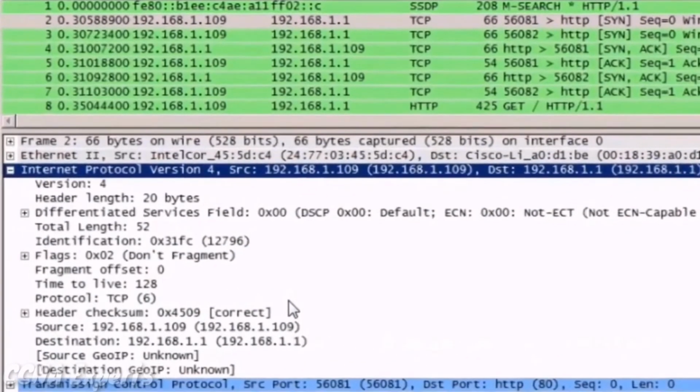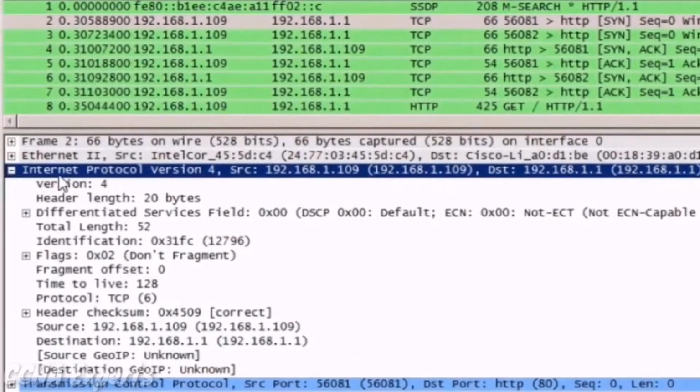We can see that, first of all, the network layer protocol or internet layer protocol that we were dealing with was Internet Protocol version 4, IPv4. We can also see that the source IP address was 192.168.1.109. You can see it also highlighted up here in the packet list window area, and that the destination IP address was 192.168.1.1, and we can also see that up here. We can see that at the higher layer, this is a TCP protocol packet, but if we limit ourselves to